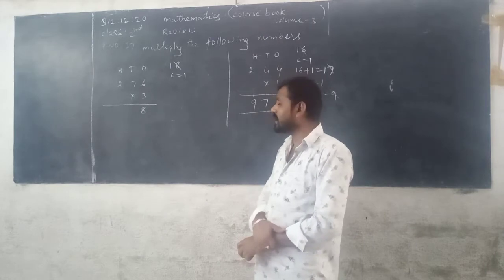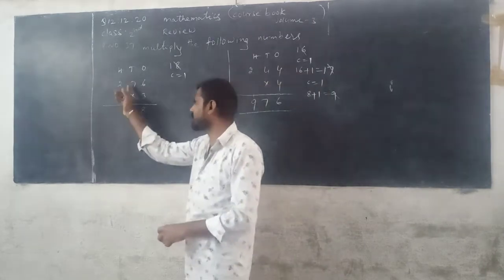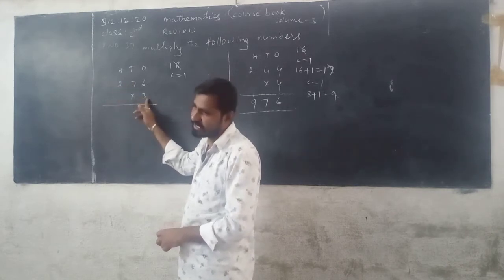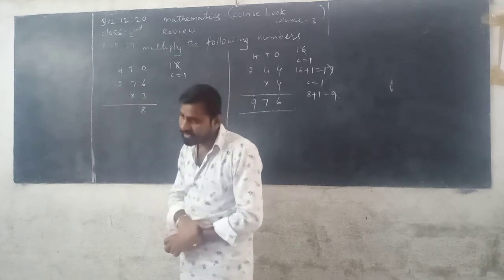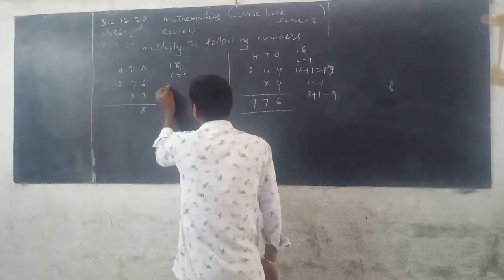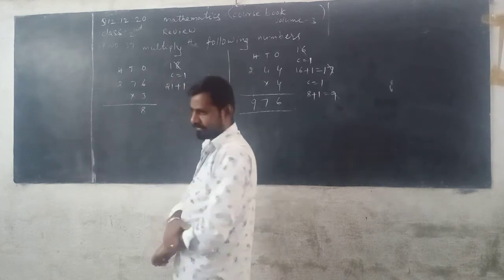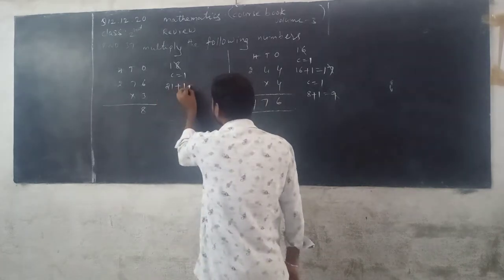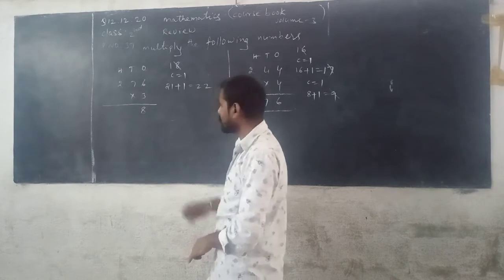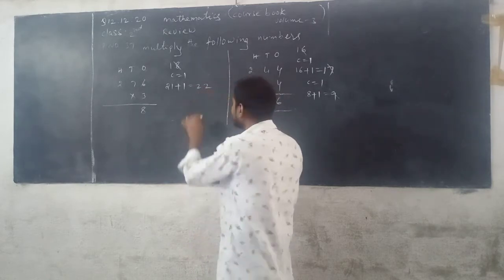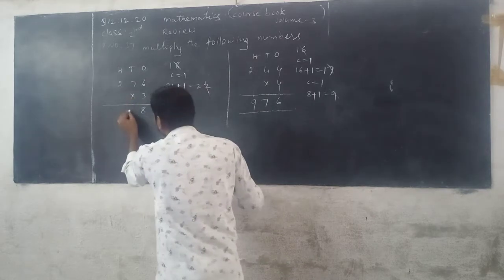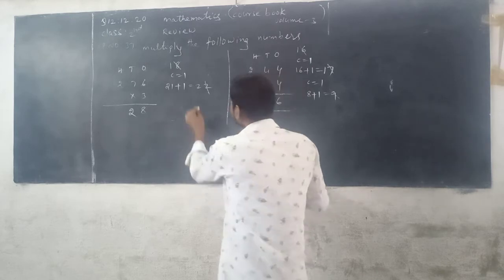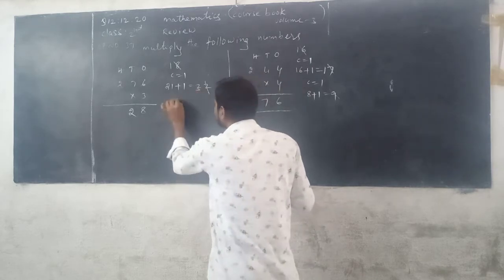Did you understand? Now next we multiply the digit in the tens place. That is 7. 7 is multiplied with 3. Then you can read the 3 table. 3 sevens are 21. So plus 1 is added to 21. 21 plus 1 you can get 22. So 22 is also a 2-digit number. In it 2 is taken and written down in the tens column of the product. Now carrying 2 again.